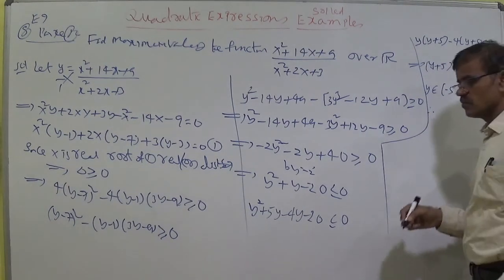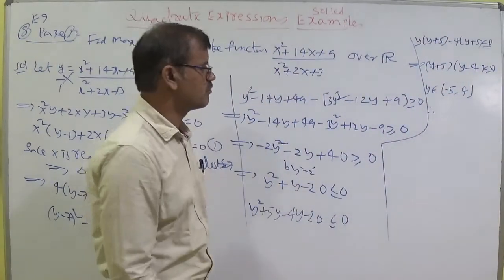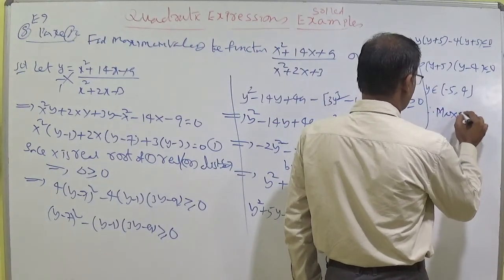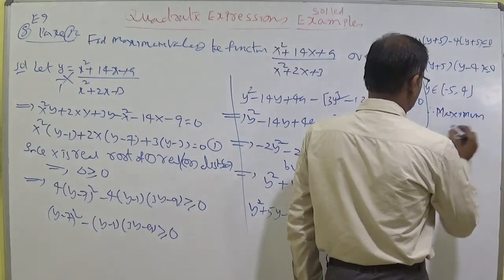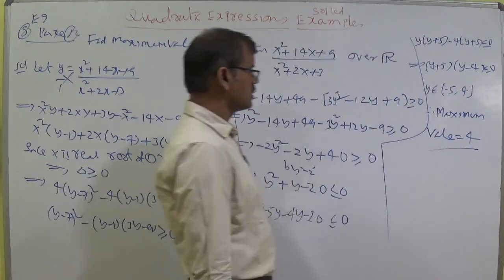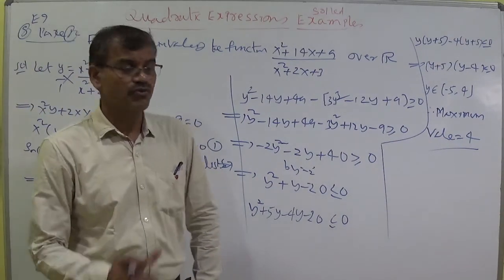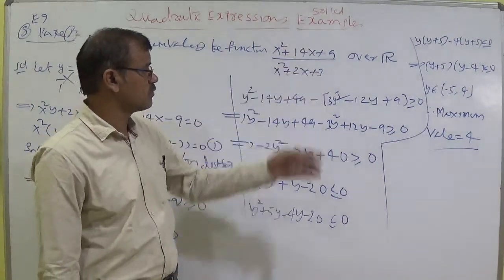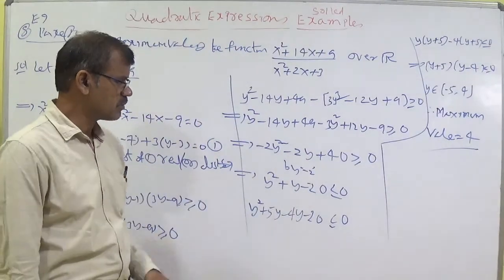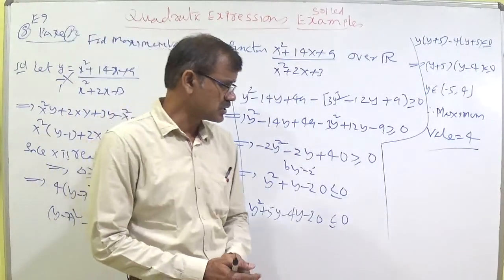Therefore here minus 5 comma 4 is the range, and the minimum value is minus 5 and the maximum value is 4. Therefore according to the question, now you should write the maximum value. Maximum value of the given function is 4. No need to get confused, thinking sir, our 4ac minus b square by 4a for this one, like that you should not do. You should do depending upon this one only. If you get the answer also, it is the wrong way, it is the wrong process.